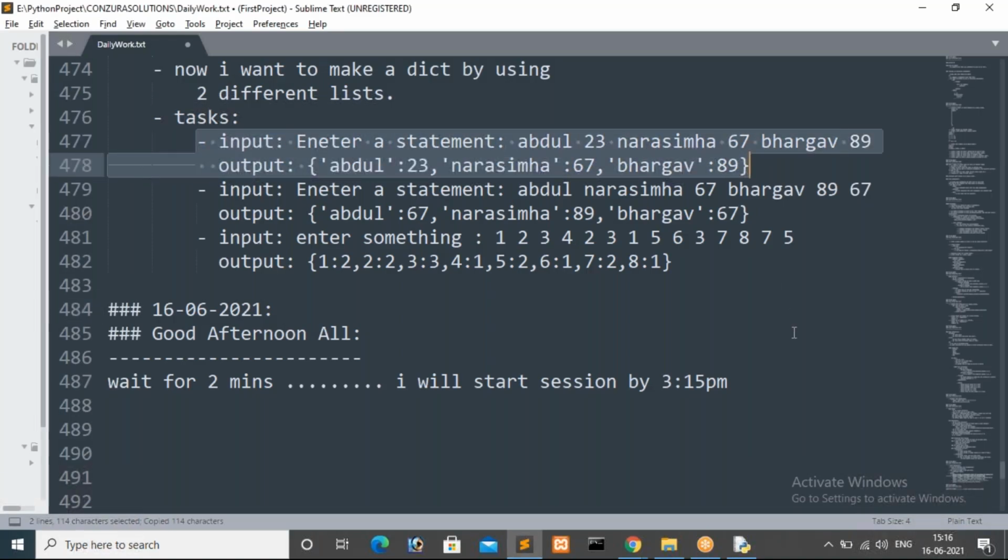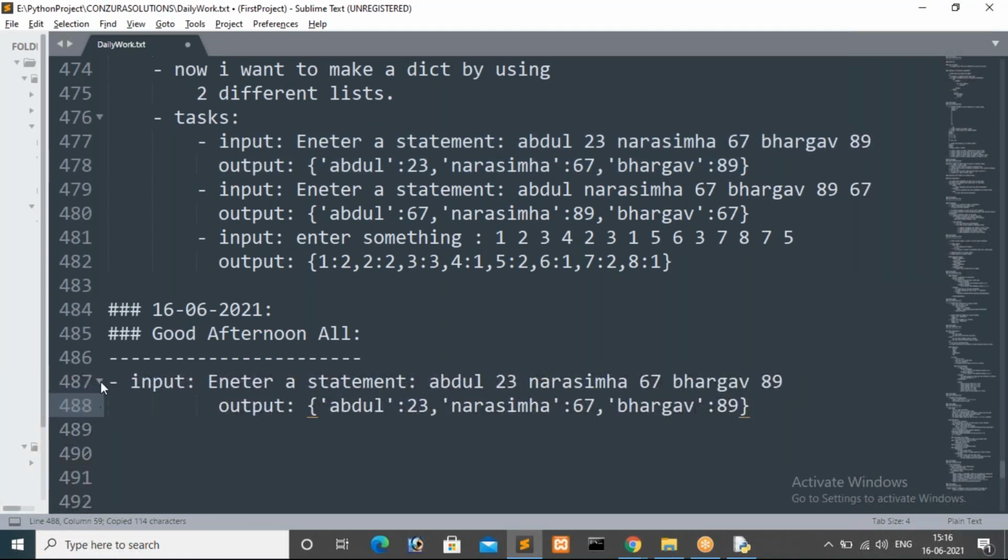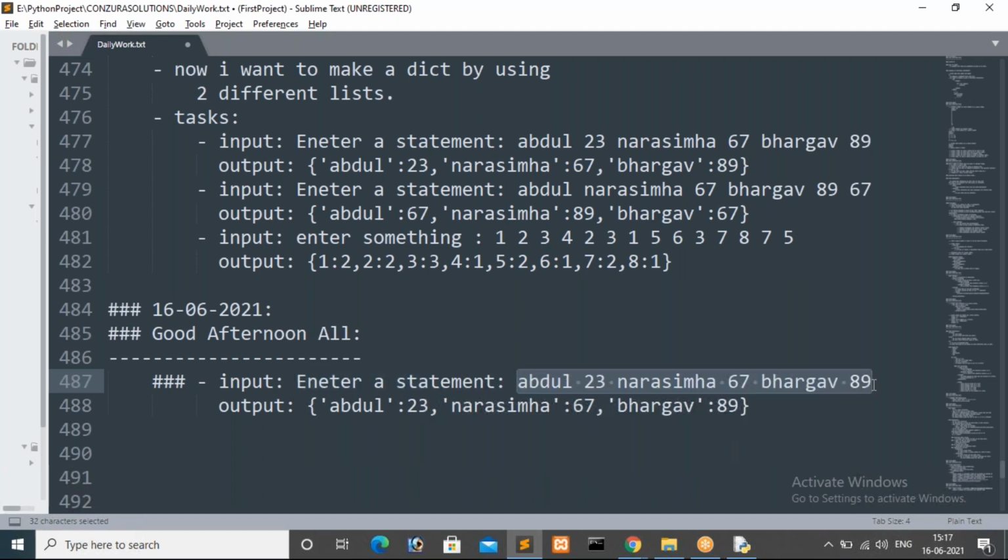First requirement. As per this requirement, what do we have to do first? See here, enter a statement. As per this assignment, first we have to read a statement from the user. Then we have to print output like this. Actually, this is the statement I'm giving to you. In between, you have to analyze something, guys. Meanwhile, we have to concentrate on our analyzing power. So that is what analyzing means.